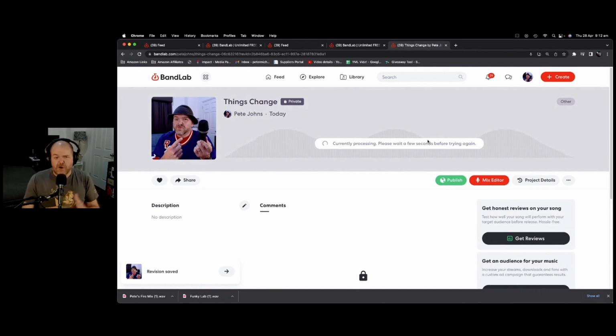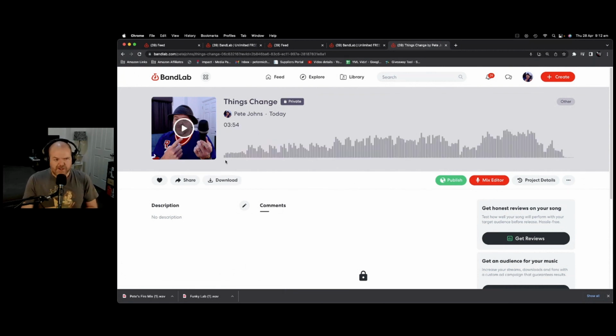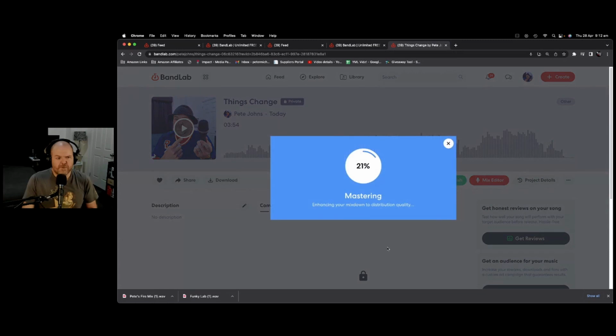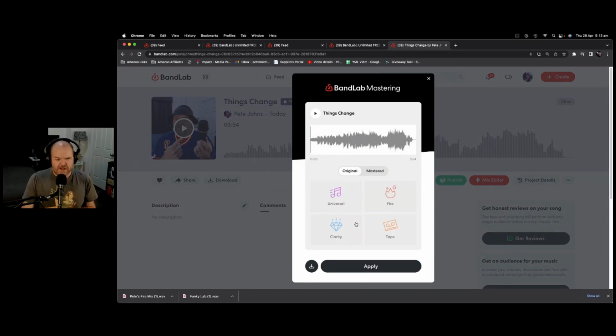Now once this finishes processing, we'll then have the mastering option down here in the bottom right, and we can master this track. There you go, that is done, and you can see here that now our project starts right at the beginning there. So now when we do our mastering, we'll hit this button here, we'll go to mastering. This time the track is right there at the start. So when we select our clarity preset now and hit play,